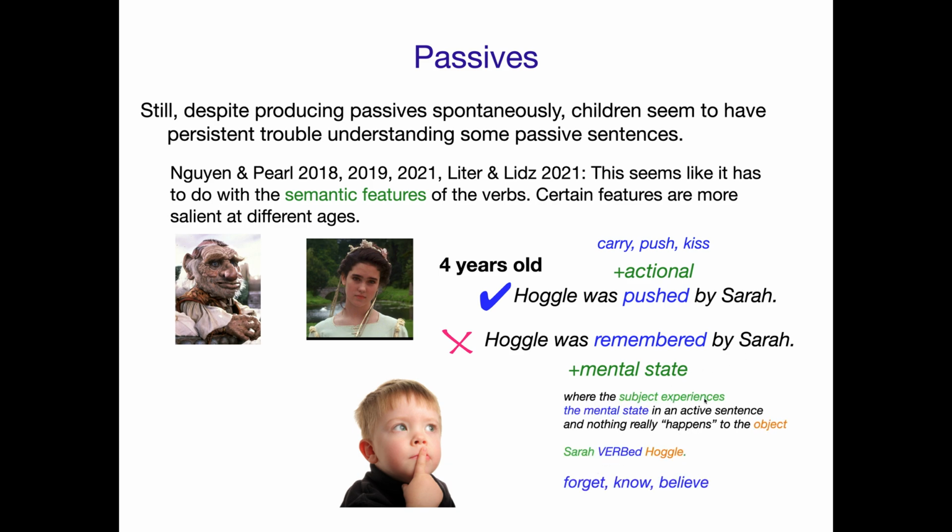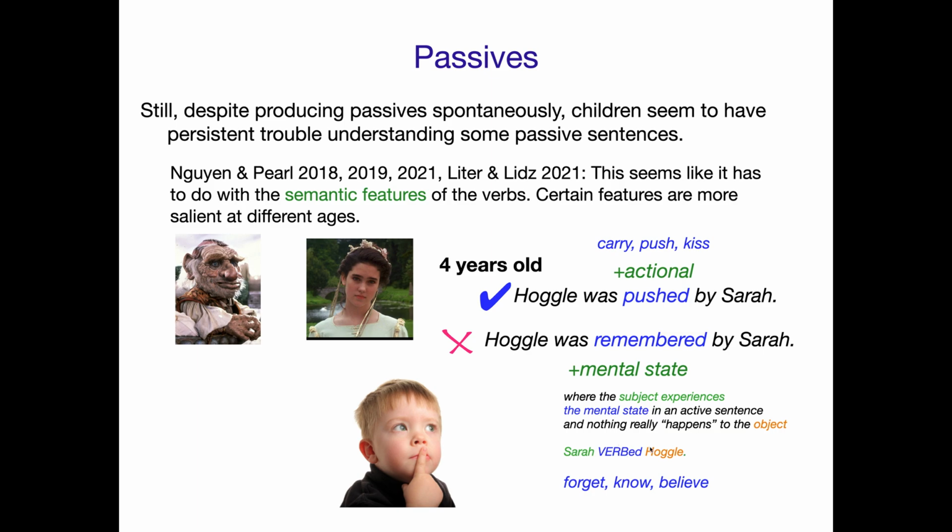And in particular, the mental state where the subject, if we think about Sarah verbed Hoggle, Sarah's the subject. The verbs where they struggle are the ones where Sarah is the one experiencing the mental state, and nothing really happens to the object. So if we think about Hoggle carrying Sarah, Sarah's the one carried. If we think about,